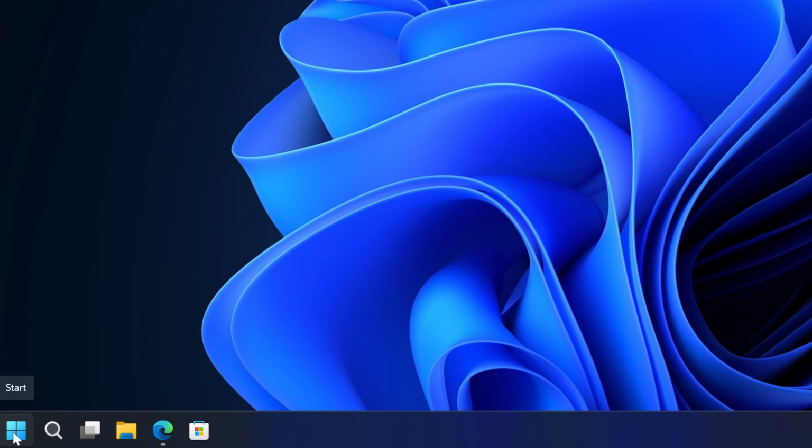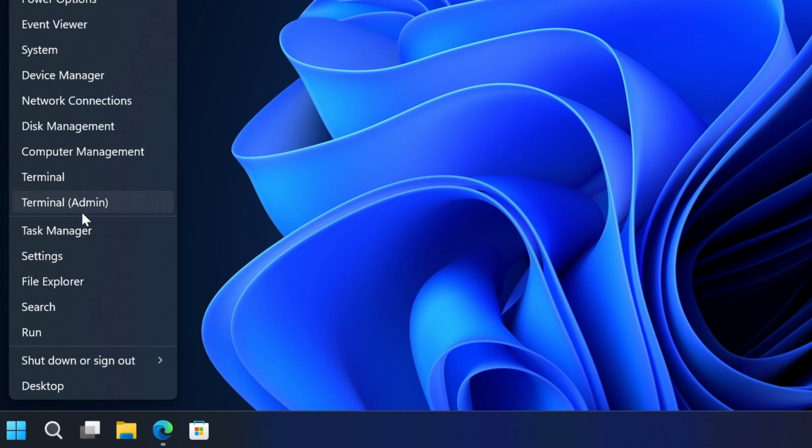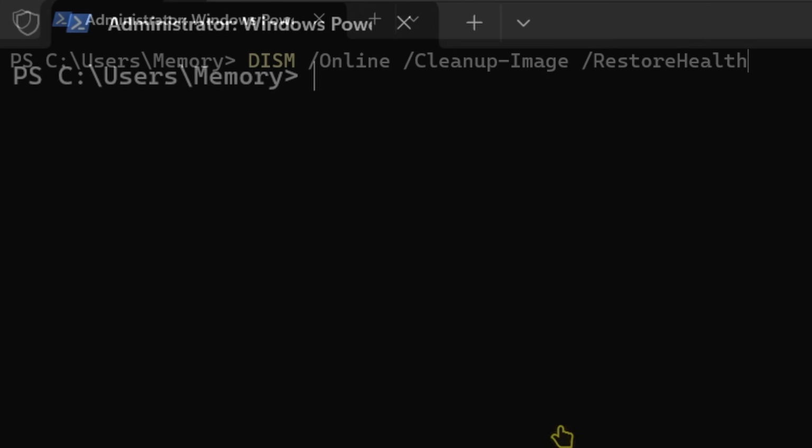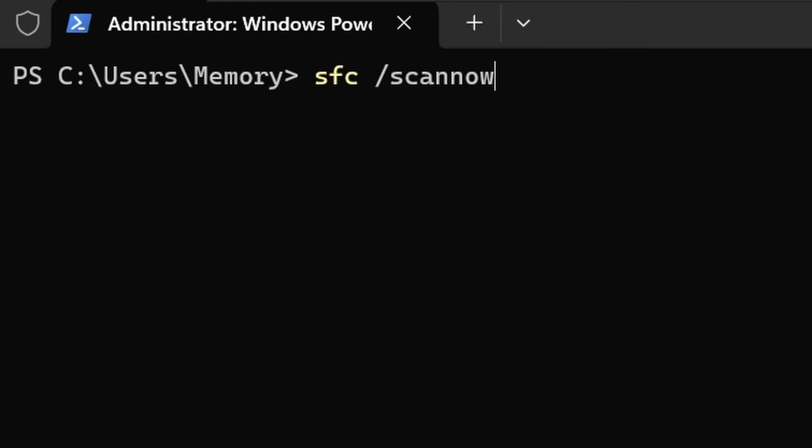So you can open the terminal or PowerShell as administrator by right-clicking on the Start button and then selecting either one of those options. Then run the DISM command first. Sometimes it'll sit at like 20% for a while, and that's normal. Just leave it alone. If you think it's stuck, you can press enter a few times inside of that command line window, and it should continue. But then when it finishes, you can run the sfc /scannow command and then restart after that, because neither of these fully applies until you restart the computer.